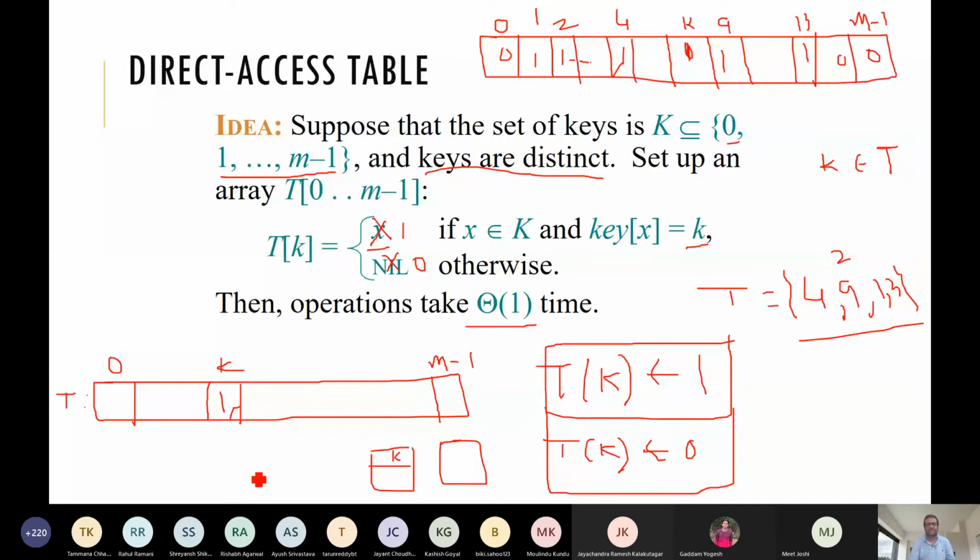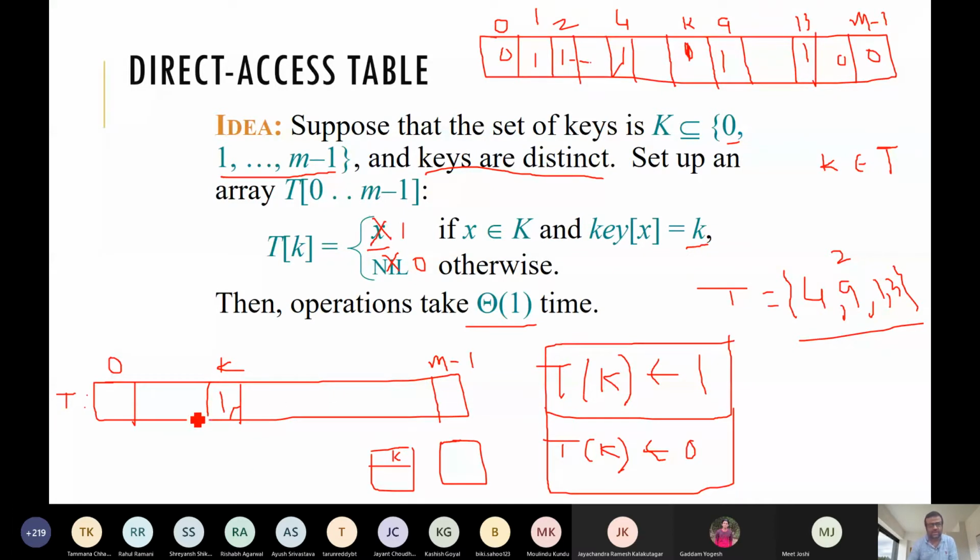These numbers are basically the key values of some records, but for our purpose you can forget that record business. Just think of some numbers that we store so that we can do insertion, deletion, and searching faster.